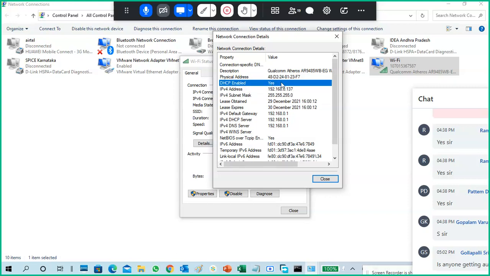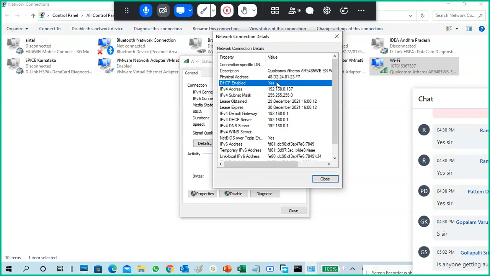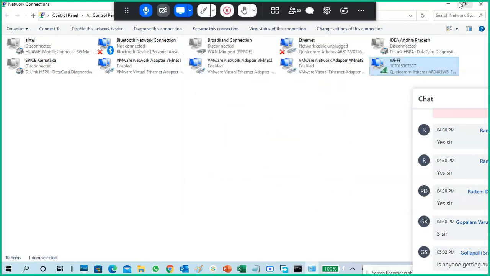Physical address is showing. Of course, you can see the IP address also. So this is how to see it from the GUI mode.